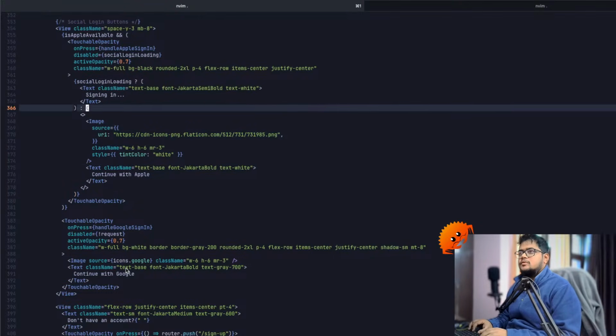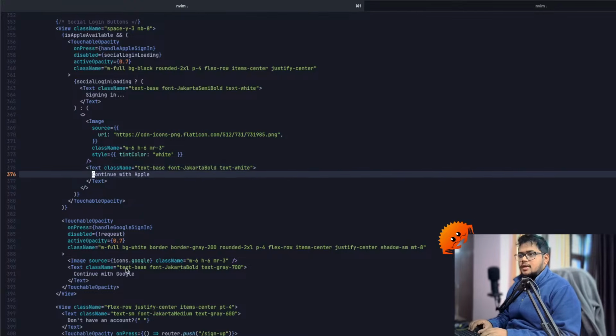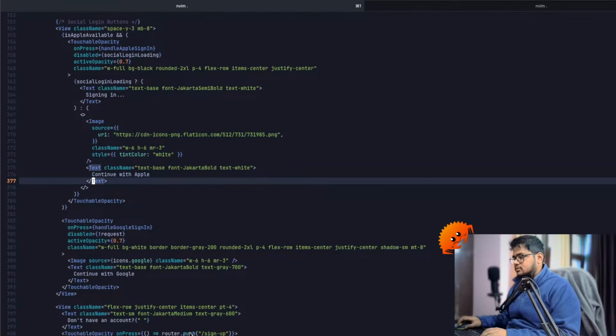Okay, and this says continue with Apple. Let me just see. If I go in login, it says continue with Apple. So instead of this thing, what I can do is